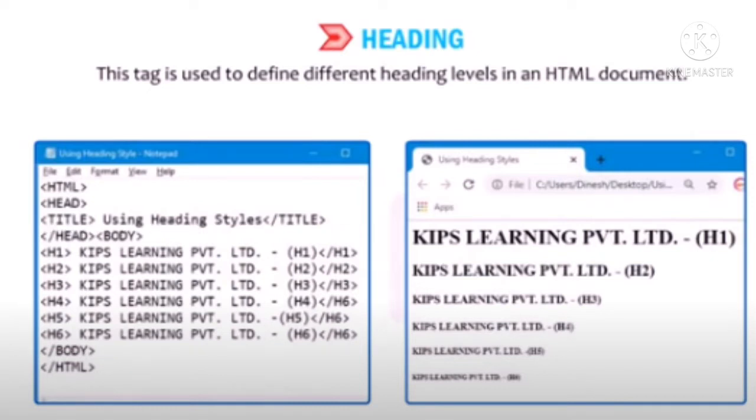Whatever heading we typed between the H1 tag can be seen in the largest size, isn't it? Yes, and it is mainly used for main headings. We write these heading tags within the body tag of the document. So here you can see we wrote these heading tags inside the body section. Okay, so that's about the heading tag.